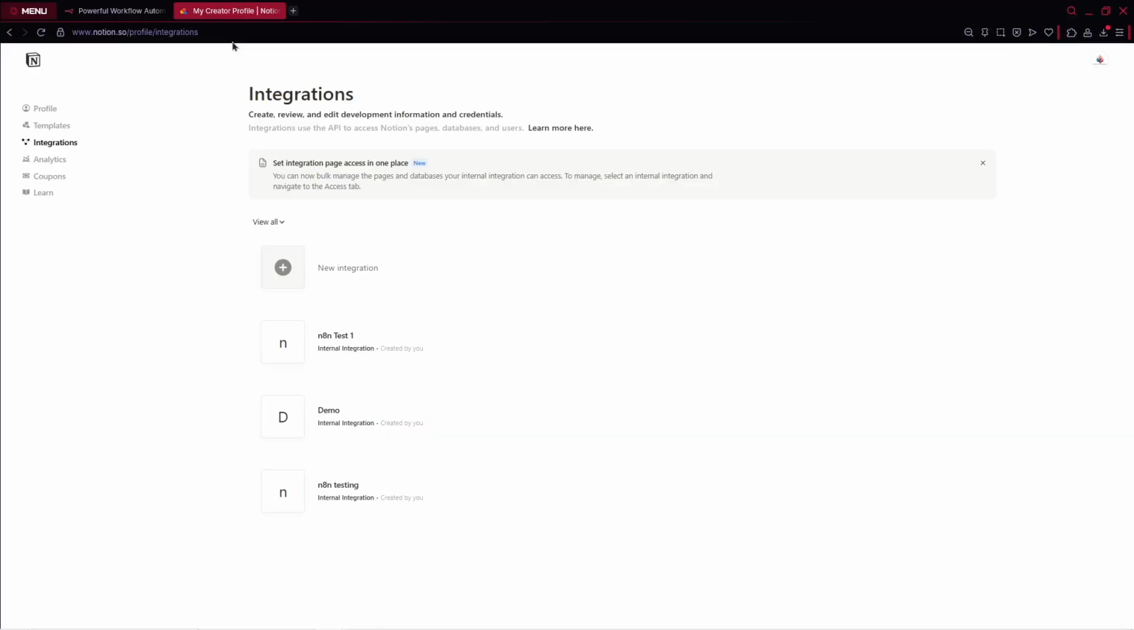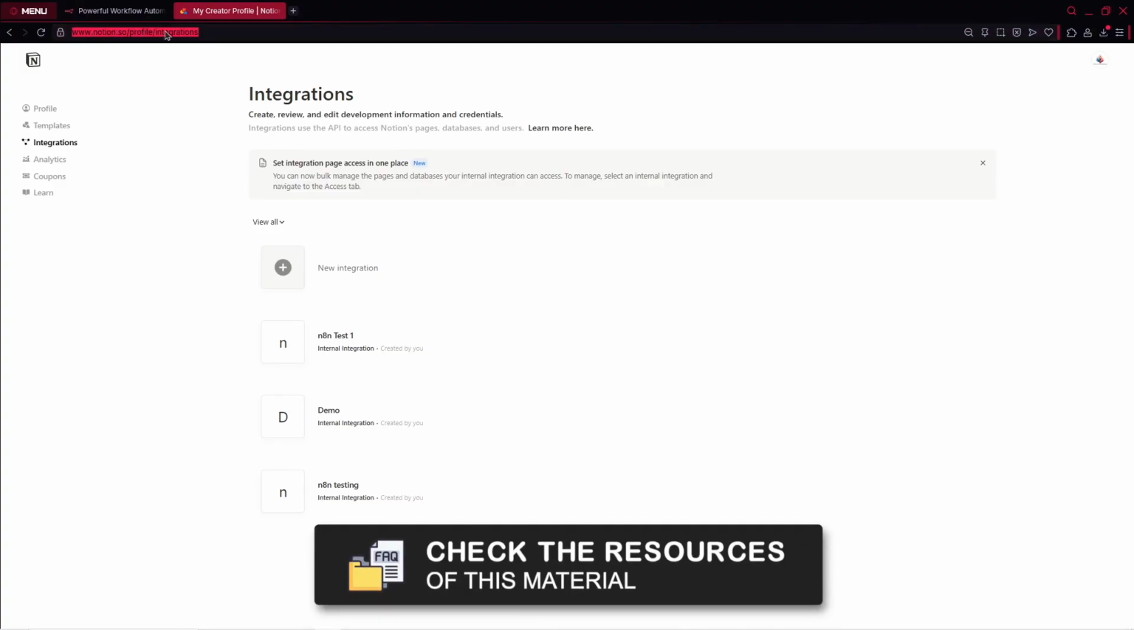In this short video, I will show you how you can connect your Notion credential to n8n, so you can use this application in any of your projects right away. First of all, you need to go to notion.so/profile/integrations. The link will be in the resources of this material, so you need to open this link and then